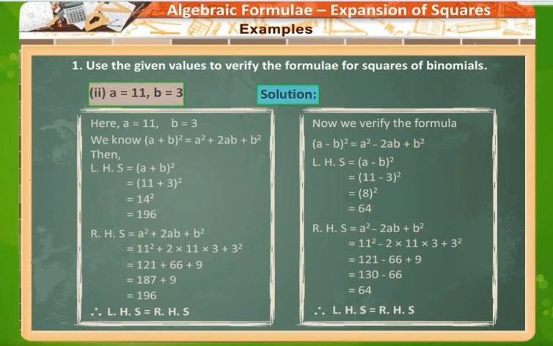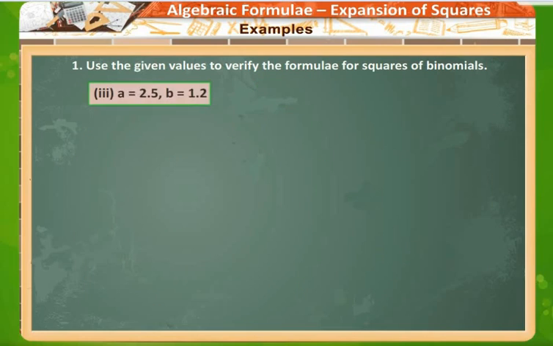Now you can see how the left hand side calculation goes. A is equal to 11 and b is equal to 3. So a plus b the whole square is equal to a square plus 2ab plus b square. The left hand side is a plus b the whole square, so 11 plus 3 the square, 14 square, which is 196. Again put the values of a as 11 and b as 3 in the right hand side and in the calculation you get 196. Your left hand side is equal to the right hand side. Now for a minus b, put the values, you get the left hand side as 64. Put the values in the right hand side, you will get the left hand side equal to the right hand side. So here the formula is obeyed.